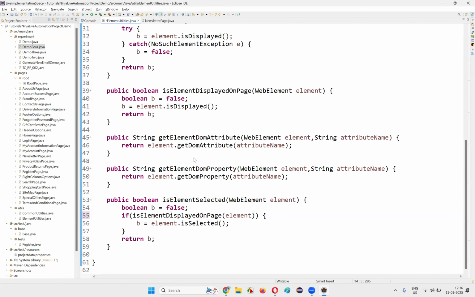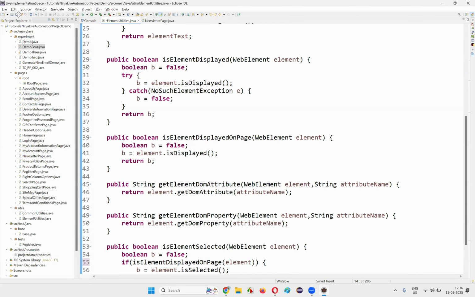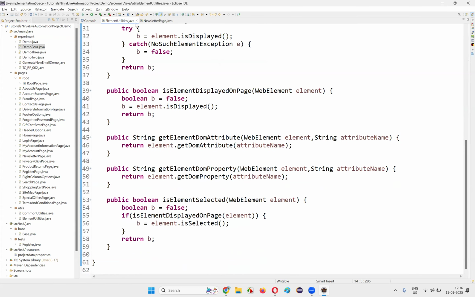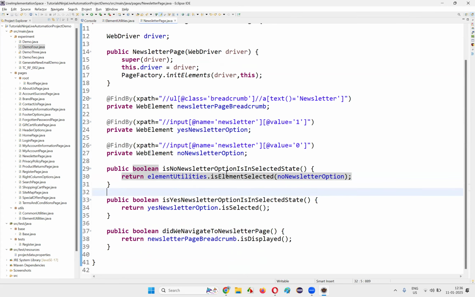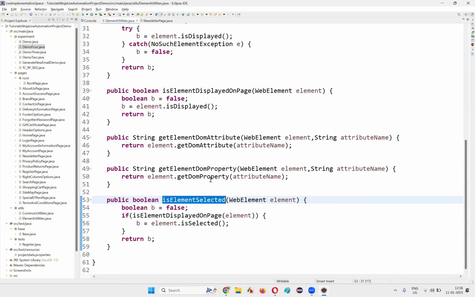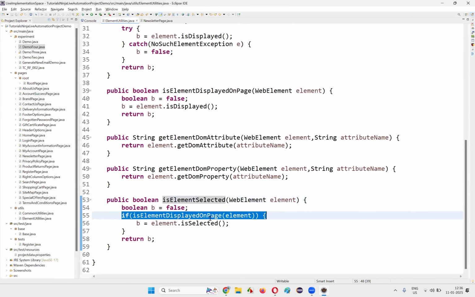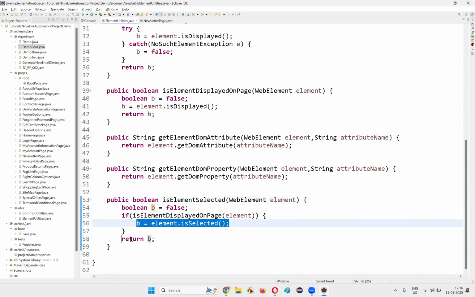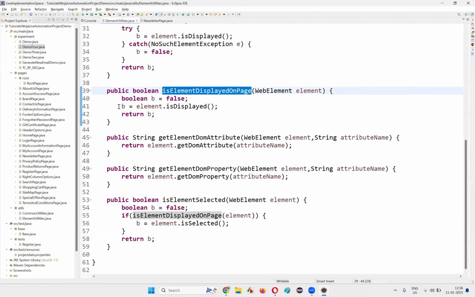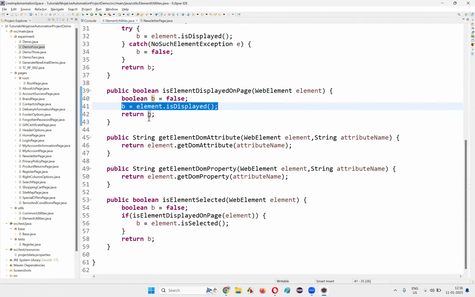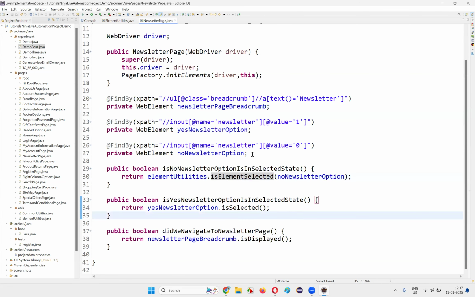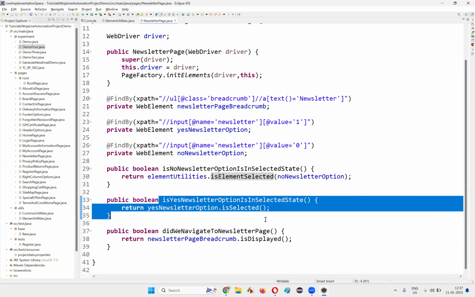Okay. So fine. I'm just ideating the process and made it better now. Let's see how it will go on. Is element selected. This method will be called. If the element is displayed on the page, then we'll check the status of the element. Then we'll get the correct result. Otherwise, if the element is not displayed on the page, then we'll get an exception here. No such element exception will come. It will rectify the problem there. Okay, fine. Next one,